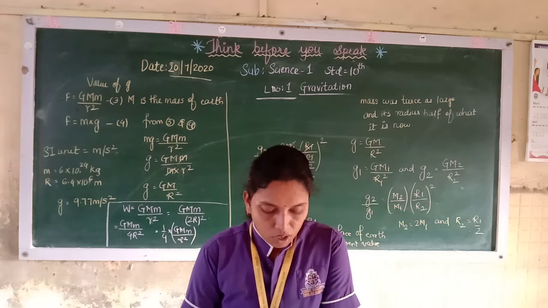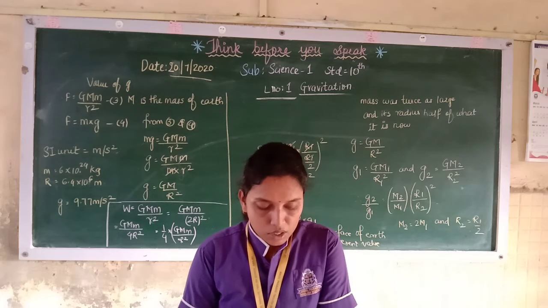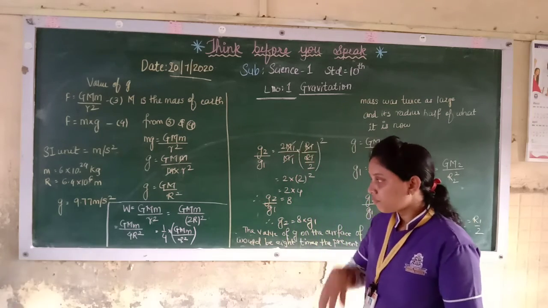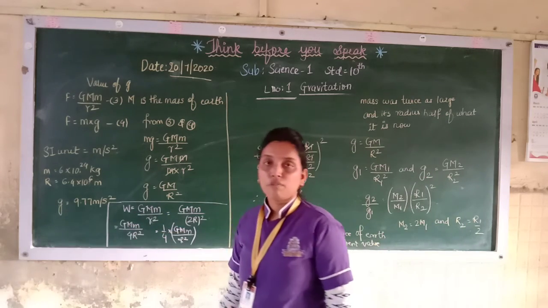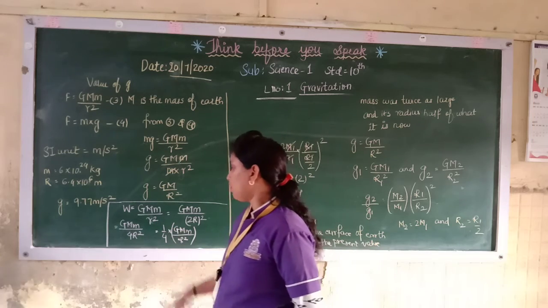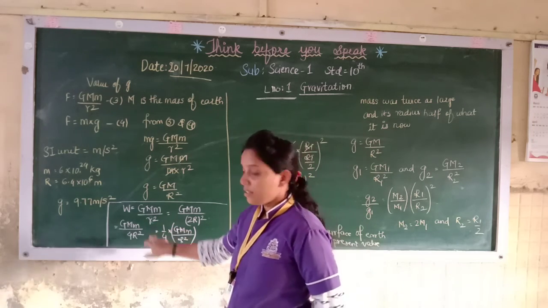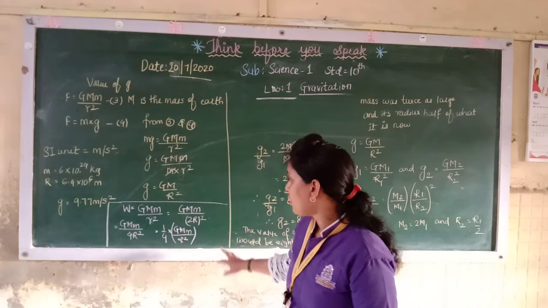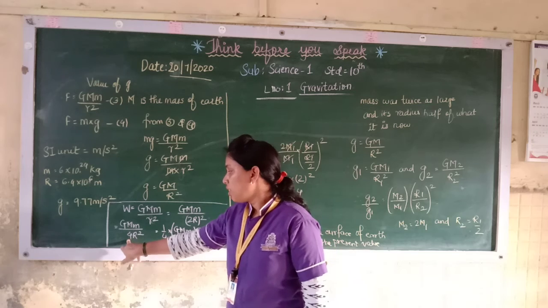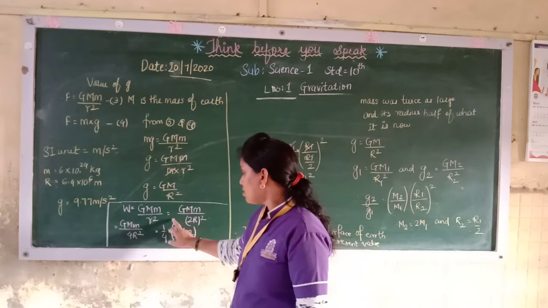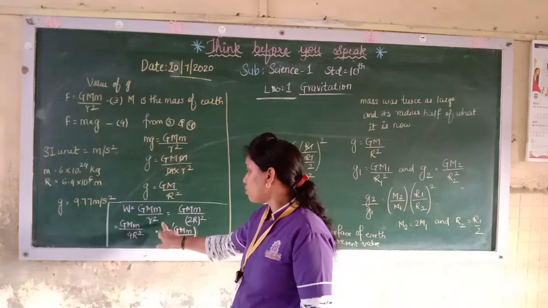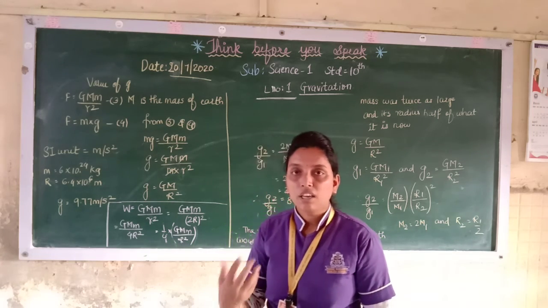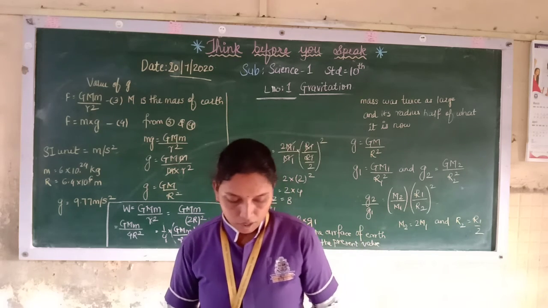Suppose you are standing on a tall ladder, and your distance from the center of the earth is 2r. What will be your weight? Weight is the force formula only, so it is GMm upon r square. Here r is 2r, as it is given that the distance will be 2r. So it becomes 4r square. So the weight will become 1 upon 4, that is, the weight will be divided by 4.